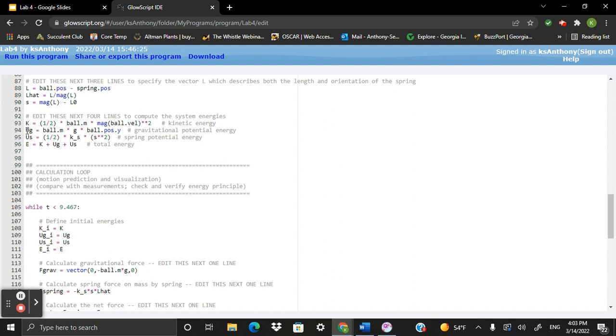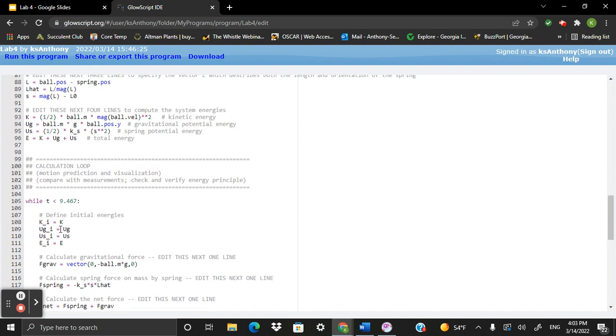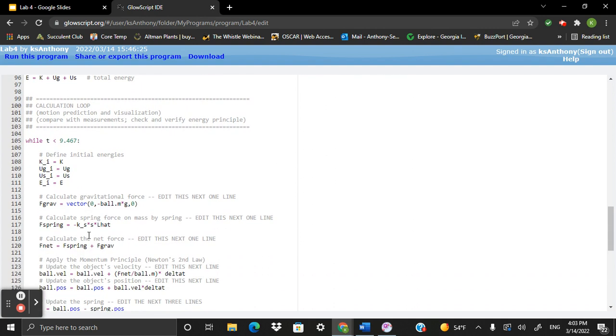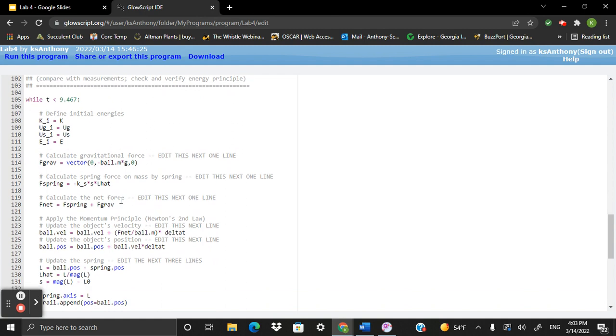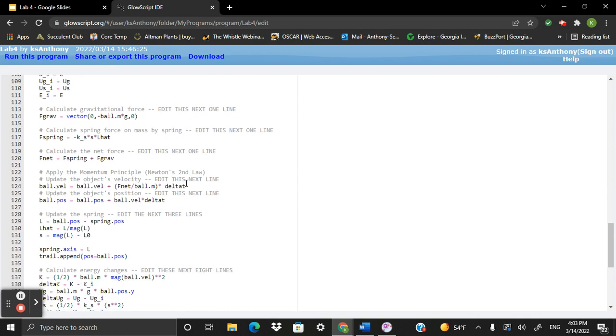This is kinetic energy, gravitational potential energy, and spring potential energy. This is total energy. All of this first round of calculations is defined as the initials of the system. Total force is calculated by adding each component together, so gravitational force and then spring force. The update velocity formula is taken from Newton's second law, and the update position formula is similarly derived from Newton's